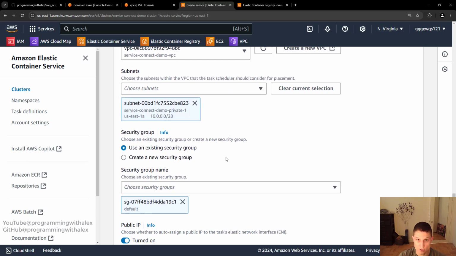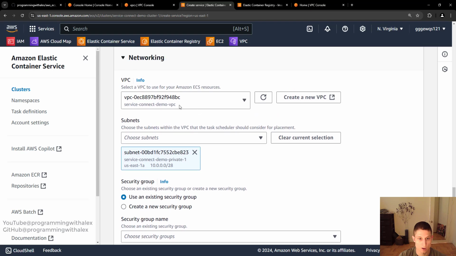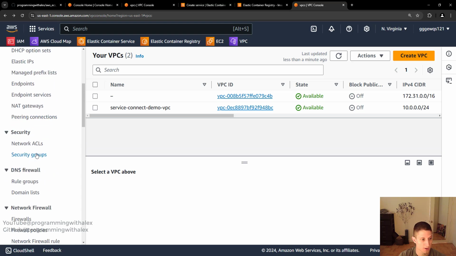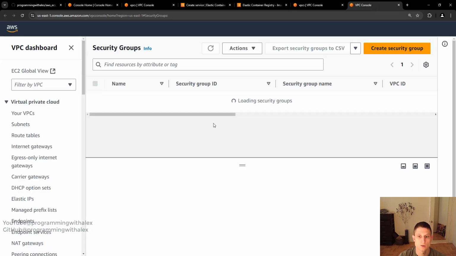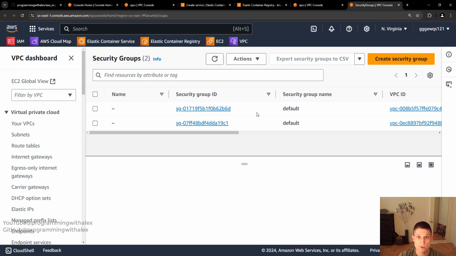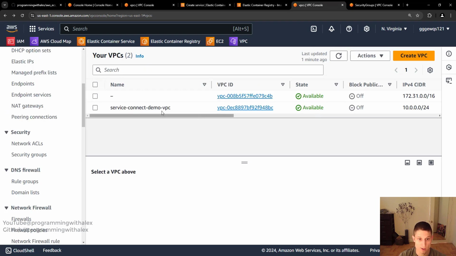Let's double check that real quick just so I can explain what I'm saying here. Let's go to the VPC tab. Our VPC is called Service Connect Demo VPC. So let's go to VPCs. And then on the left, let's scroll down. Let's open up security groups in a new tab. So we have two different security groups. One's for the original default VPC whenever you create a new AWS account, and the other one is for the one we just created. So let's go back and let's reference Demo VPC, ABC,